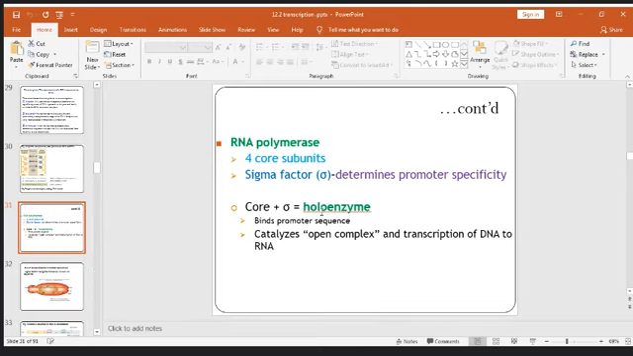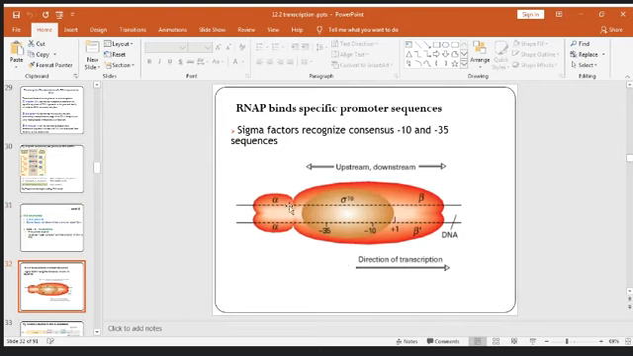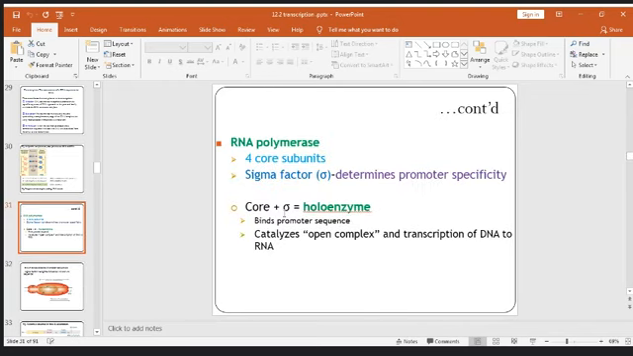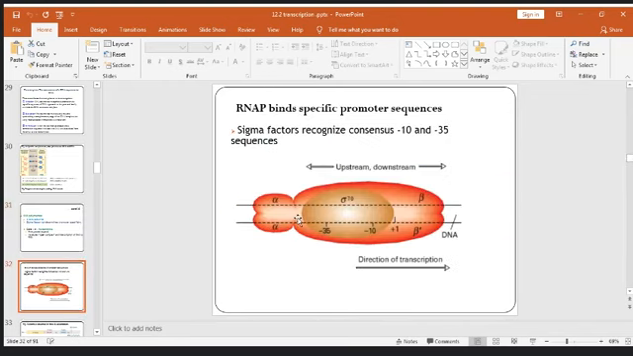And this promoter region identification is performed by the sigma subunit of the RNA polymerase. That is why it is needed. For example, we said RNA polymerase binds specific promoter sequences. The sigma factor recognizes consensus sequences, the appropriate promoter regions, for example the -10 and -35 sequences, which act as the appropriate promoter elements. As you can see, here is the sigma subunit, and the remaining subunits of the RNA polymerase, because the holoenzyme complex has the core plus sigma. The core subunit has